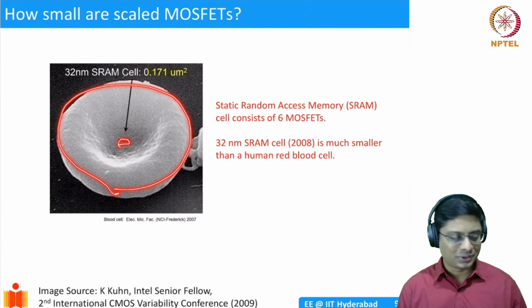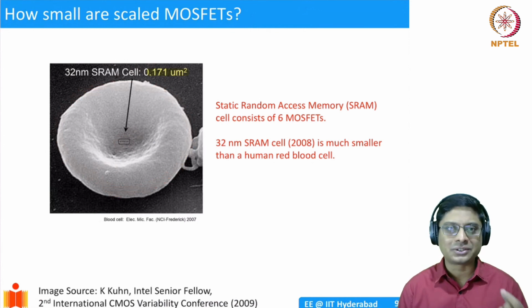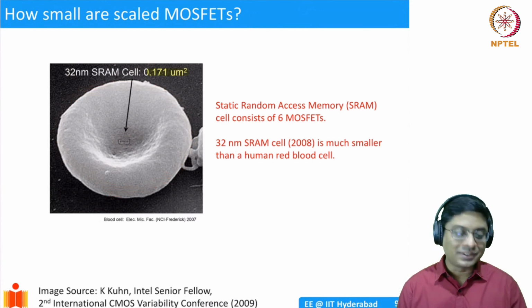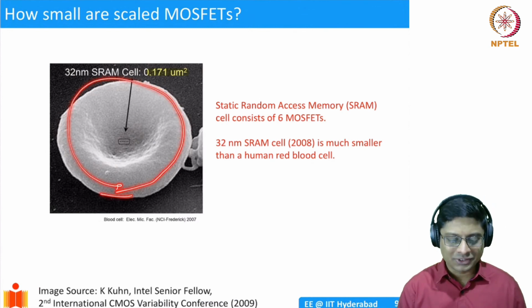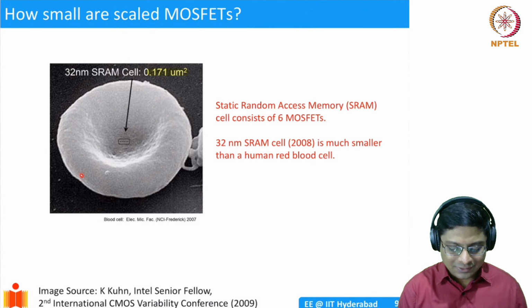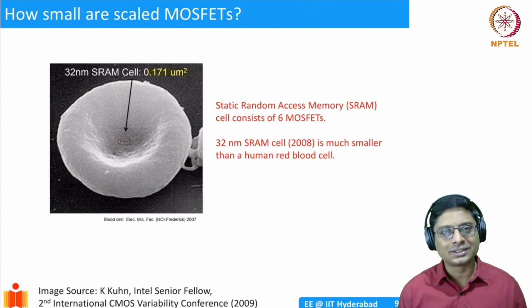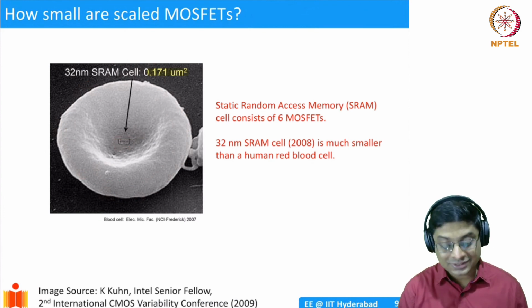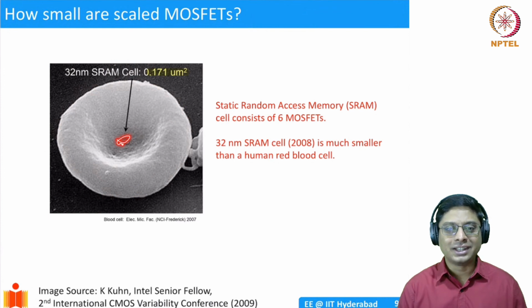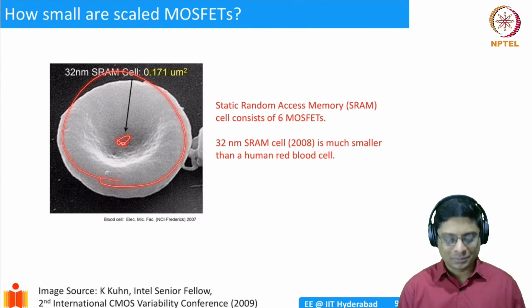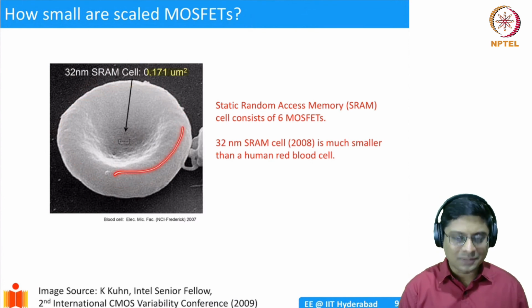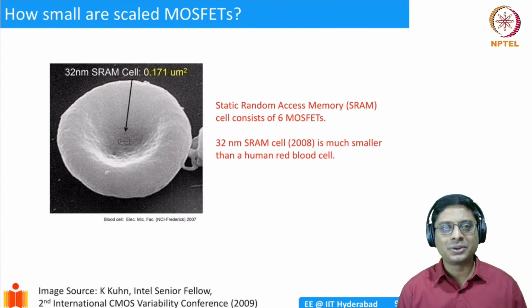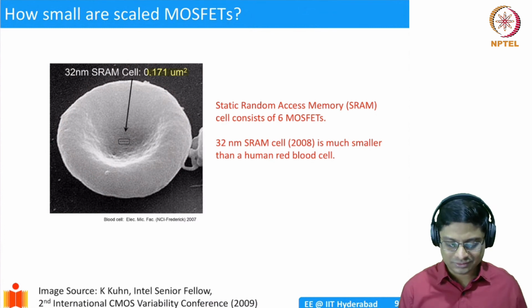So when you have a cut, you see blood flowing out. It has lots of red blood cells, and you can't even see them. You put it under a microscope and you see a red blood cell. This is going to be the size relative to the SRAM, which is maybe 1,000 times smaller than that. And this has 6 transistors. If you have an SRAM like a human RBC of a body, probably you could build 1,000 SRAM cells in this. 1 kilobyte of memory you can build probably, or even 10 kilobytes.